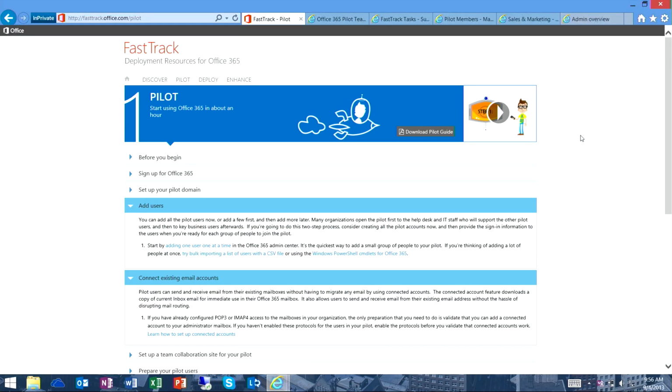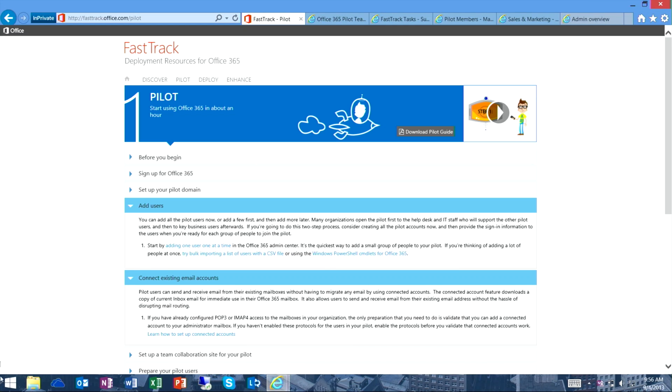And so from a pilot experience, I wanted to highlight some of our scenarios. So I'm going to move to my demonstration and show you. What you see here is the Fast Track website, and it has two T's, not one T, but it is your Fast Track way to Office 365, and it's fasttrack.office.com. And this is where we're outlining our deployment methodology for our customers, for our partners, to be very clear in how we feel like you should be moving to Office 365.